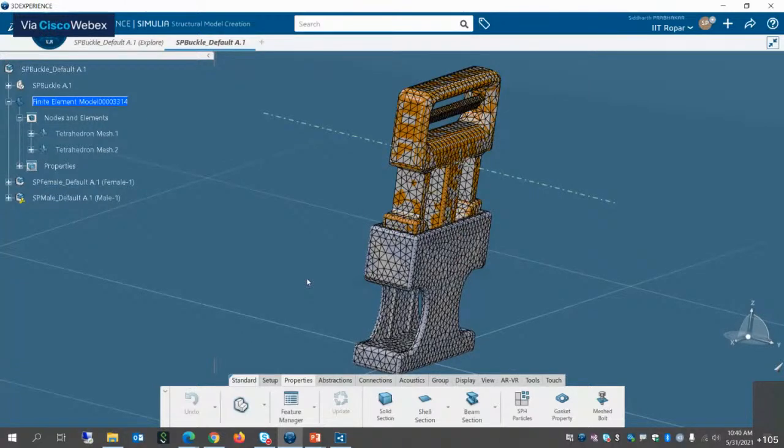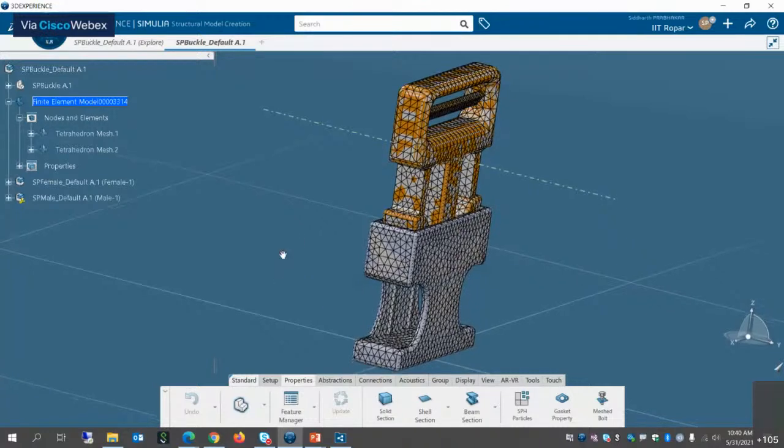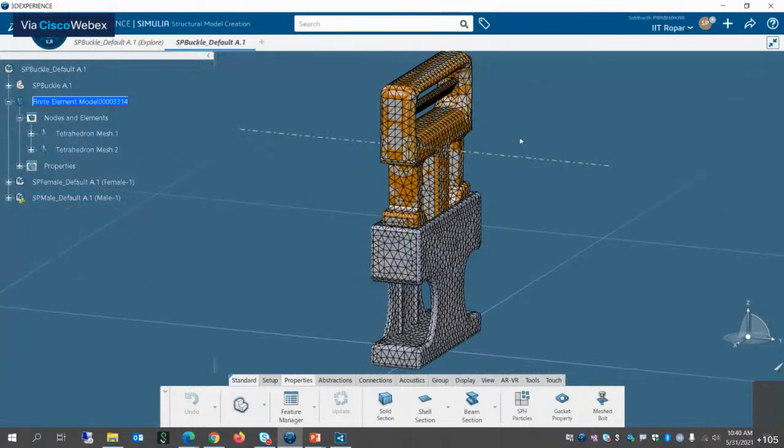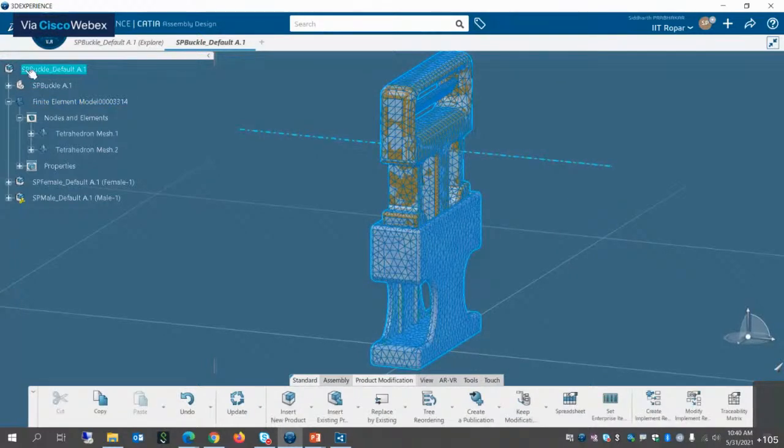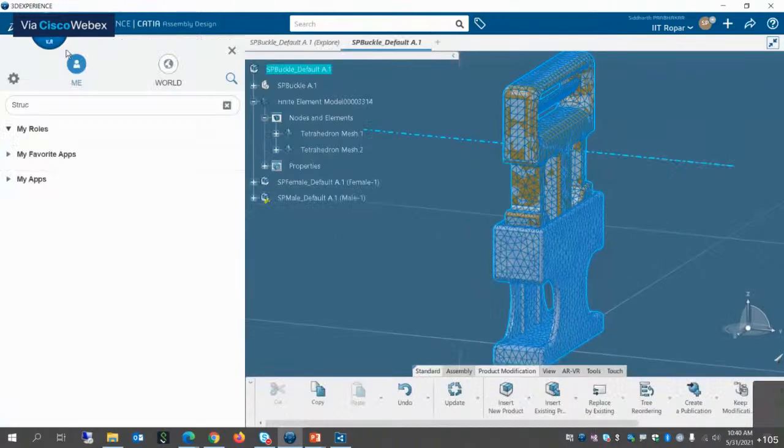Okay, so this is all that you'll be mainly doing on this, the meshing aspect. Now to actually generate a simulation scenario, you'll have to change the application. So you can again go on, just make sure you select your root product. Just double click on your SP buckle.default, just double click it. Make sure that you are on your root product and open your compass